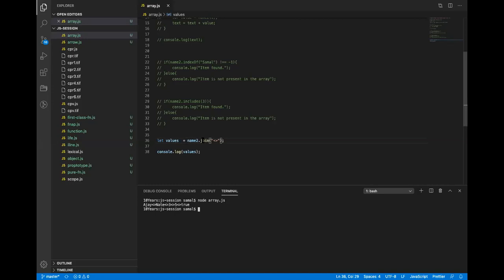Join is very heavily used while we convert an array into a string. Normally we use a comma to concat values, or most of the time a semicolon or colon, but you can use any values.